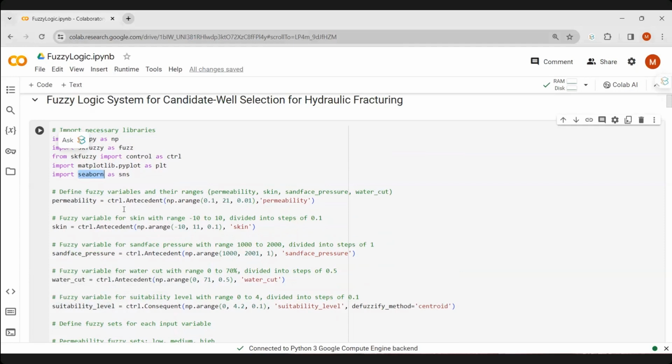As you can see, we are introducing these input variables by using this control antecedent component, which is a very important component in rule-based systems and fuzzy logic. It helps define the rules and conditions for making predictions or decisions. The range starts with the minimum and also the maximum, including some increments. In this case, we have 0.1 millidarcy to 21 millidarcy, with the increment of